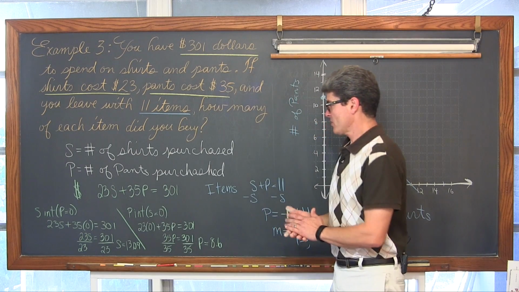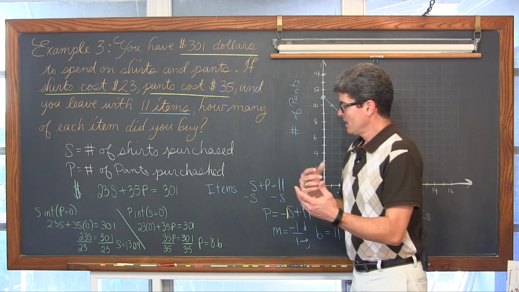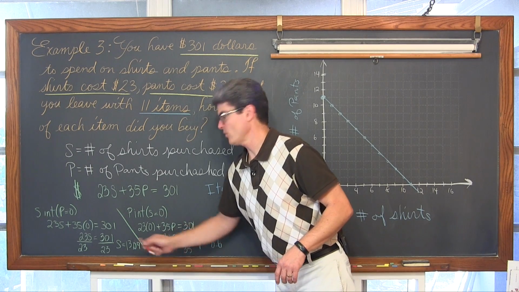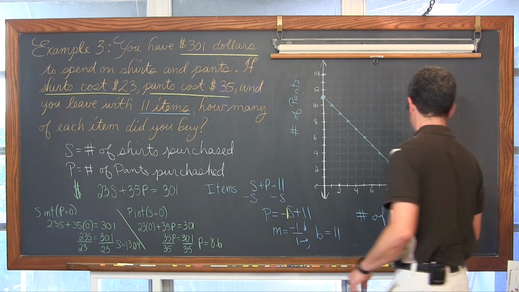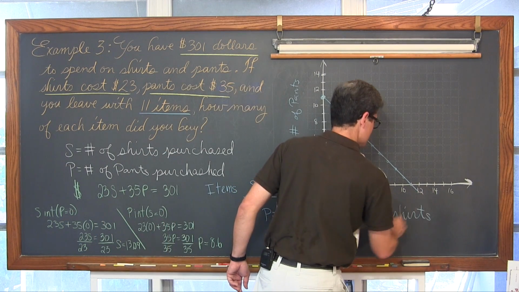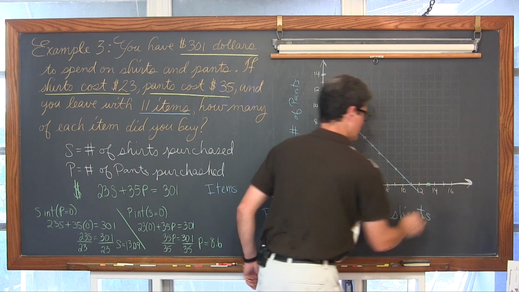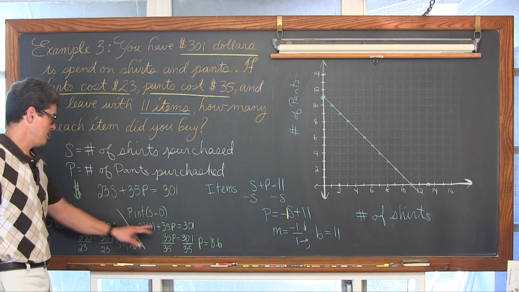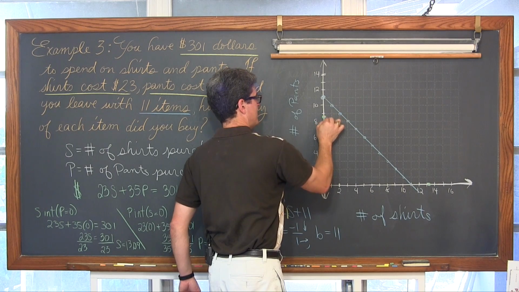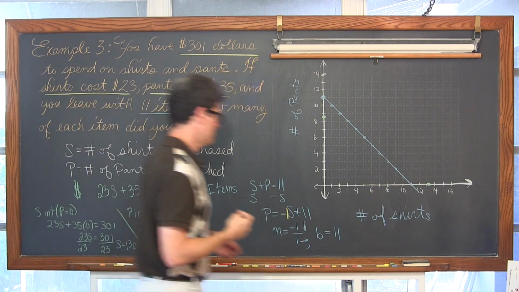Okay, great. So that's 0, and then I divided to undo the multiplication. So our s and p intercepts here are 13.09. And we're going to do this in green. So the s-intercept is 13.09, a little bit past 13. And our p-intercept is 8.6, so just a little bit past the middle of 8 and 9. We're going to connect those dots.